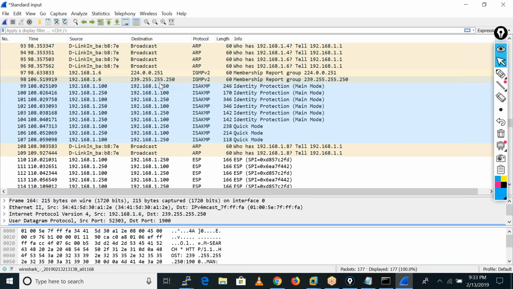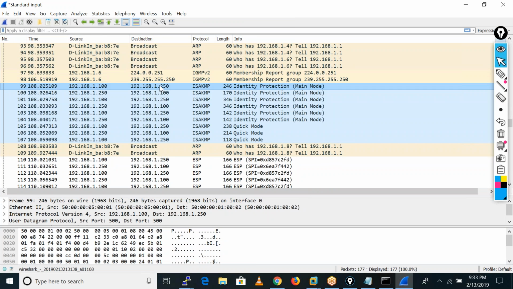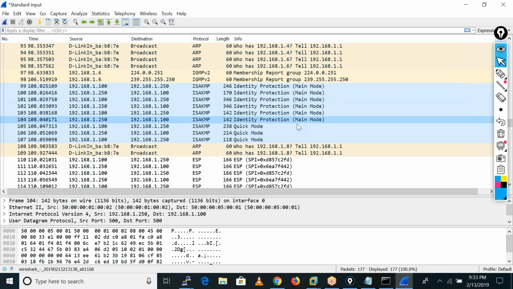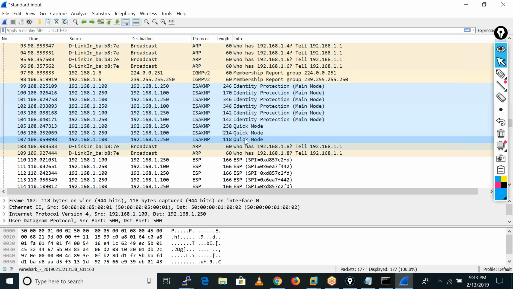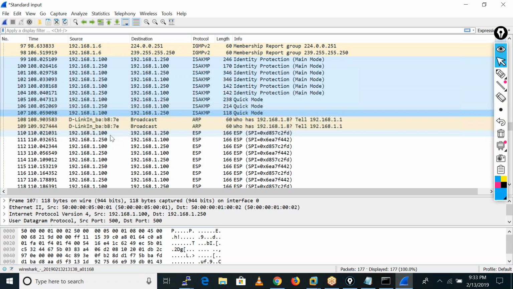Okay, so you are able to see these messages. These are the 6 messages, like message number 1, 2, 3, 4, 5, and 6. These are the main mode messages. After that, we have 3 messages in quick mode in phase 2. They first exchange these messages and create a particular tunnel. After that, you will see